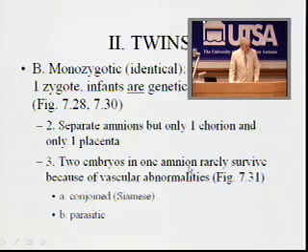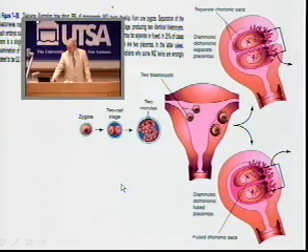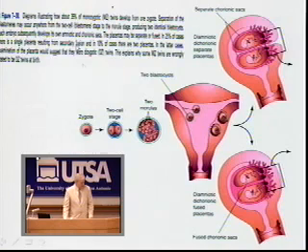Two embryos and one amnion rarely survive because of vascular abnormalities, and there can be other problems that can emerge when they share the single amnion, such as conjoined twins or Siamese twins or parasitic twins. This is figure 730, and